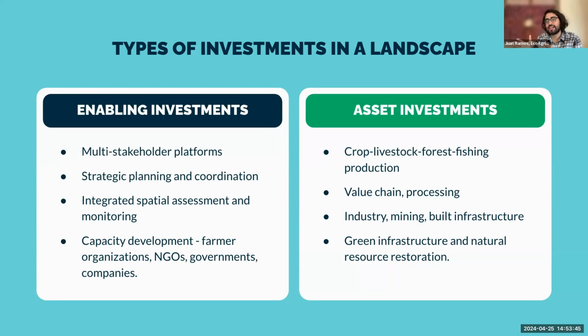And then on the flip side, it's everything in relation to the investments that are ongoing that may create a return and are more financially sustainable, because businesses or the government are supporting them, that need to be developed or improved. And that could be anything from production areas, value chain processing, infrastructure, restoration, all of the things that there's more of an investment case for. But if you don't have the first, it might be harder to do the second. So this is why we split them into both of these categories.